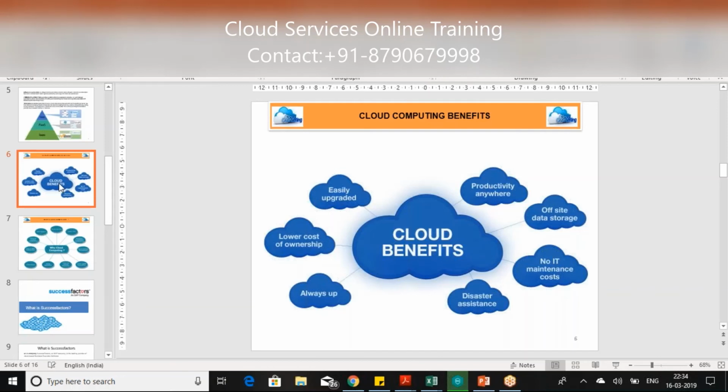This patch is taken care of by SuccessFactors itself, and it is free of cost. That means your application is up to date. It is similar to your Android or iOS application. You get your upgrades, right? Maybe not frequently, but whenever there is a requirement they release the patch. But in SuccessFactors, we have one release every quarter.